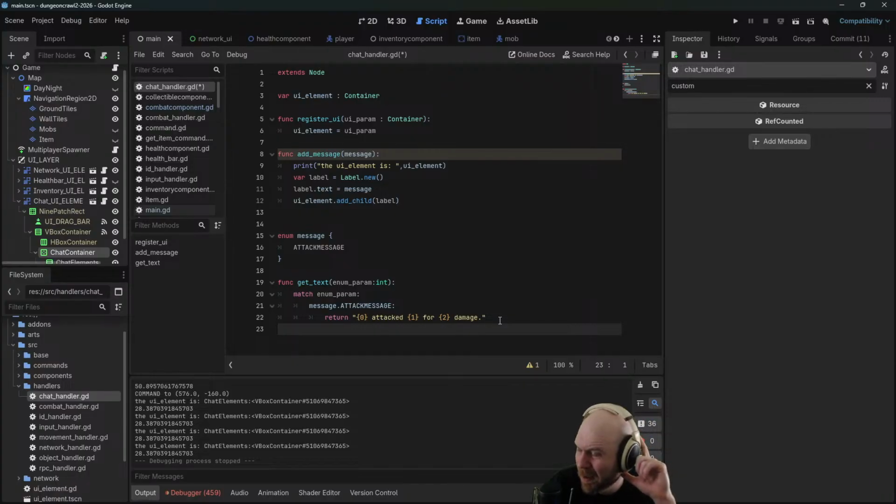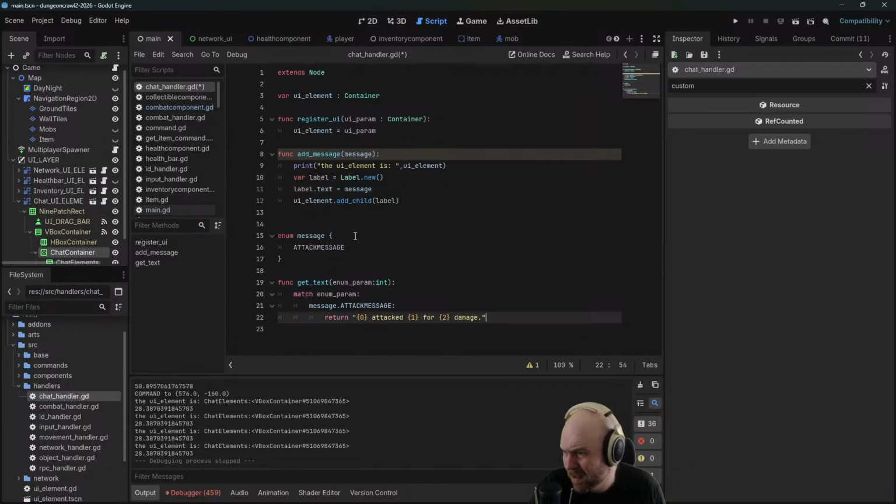I didn't know those were a thing in Godot until today, and I think those will probably be a better way for us to store strings. We'll just store them in a resource file, load them when the time comes, and then not have this giant honking match switch case array. But until then,